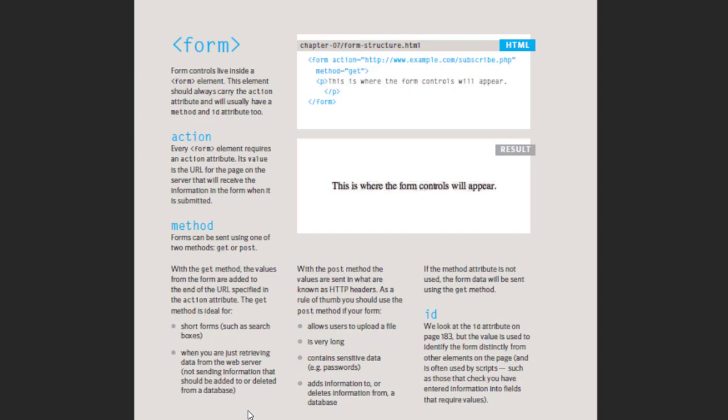from a database. With the post method, the values are sent in what are known as HTTP headers. As a rule of thumb, you should use the post method if your form allows users to upload a file, is very long, contains sensitive data such as passwords, or adds information to or deletes information from a database. If the method attribute is not used, the form data will be sent using the get